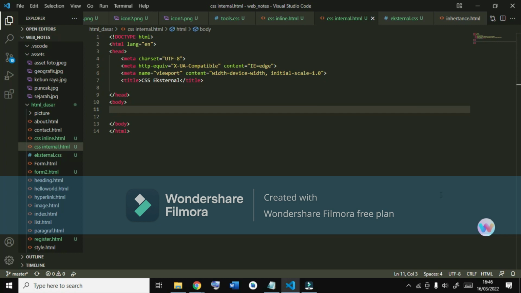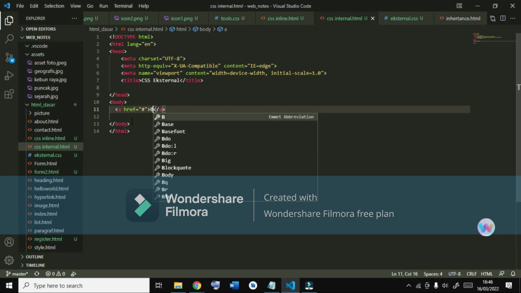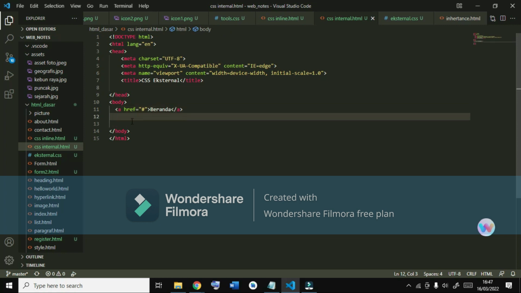For external CSS, in the body we write text A, for example beranda, and another text A, for example tentang kami.